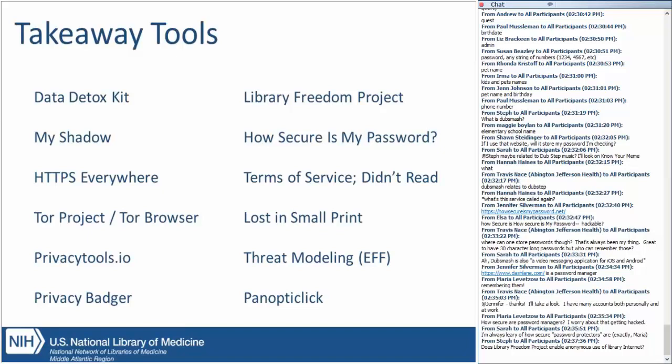How secure is my password? We discussed. Again, that can be a really fun way to think about passwords. Terms of service didn't read. Is anyone familiar with terms of service didn't read? We didn't get into terms of service today, but that is a really interesting site. It will tell you how healthy terms of service are, what you've agreed to when you check the I agree box on various sites and popular platforms. Lost in small print is similar, and that is from the folks who came up with My Shadow,